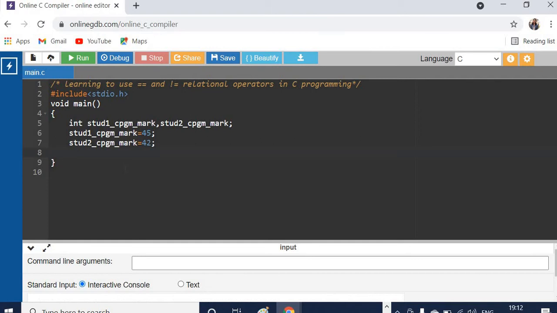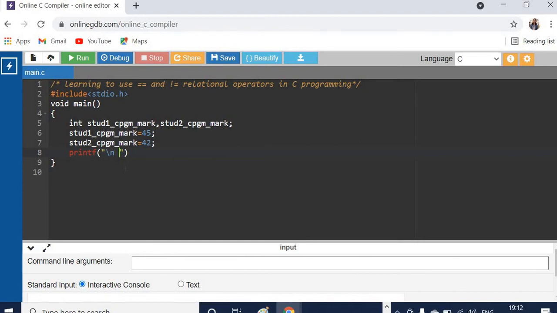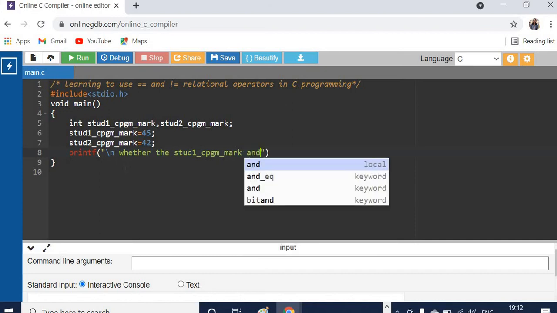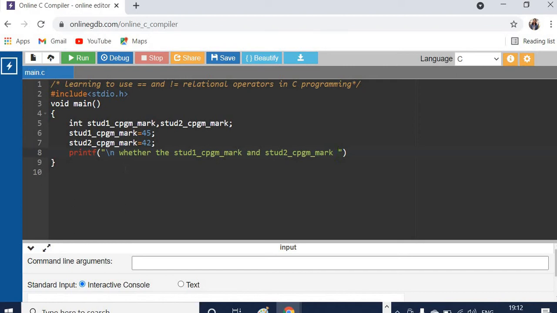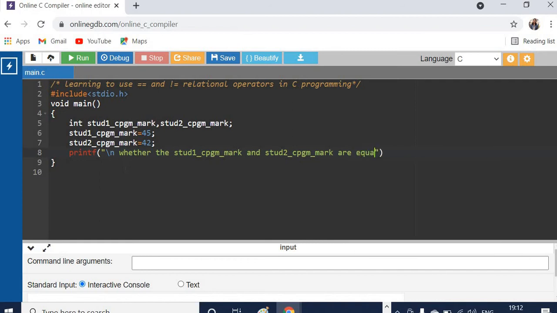Okay, so now if you want to check whether they are equal or not, printf whether the student 1 mark and student 2 mark are equal.